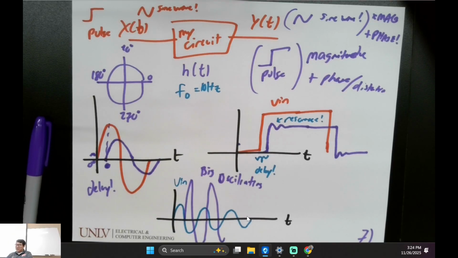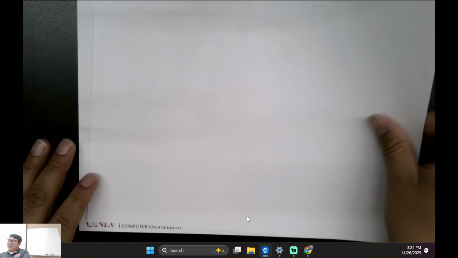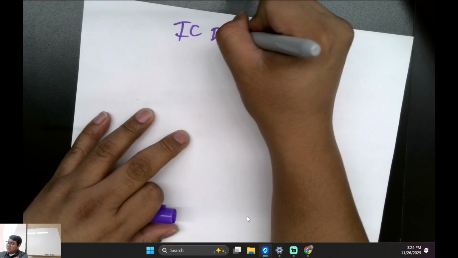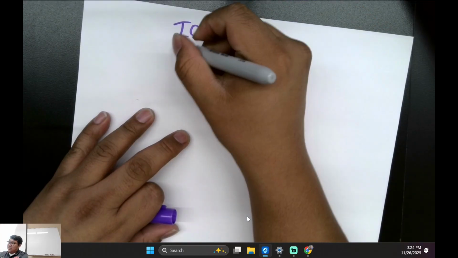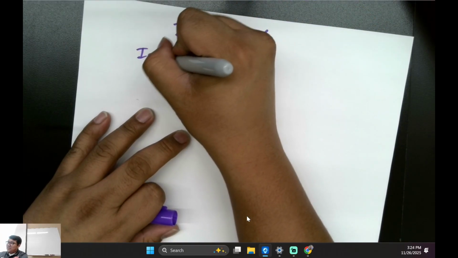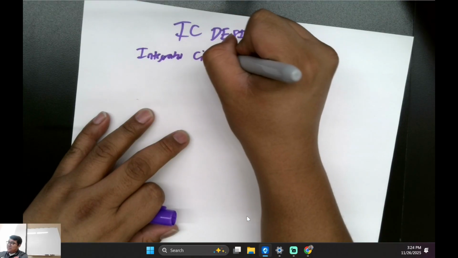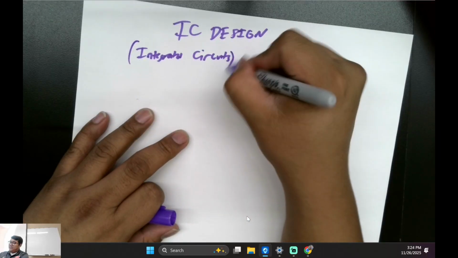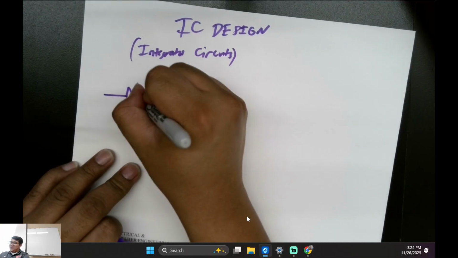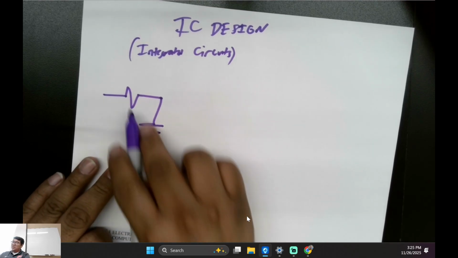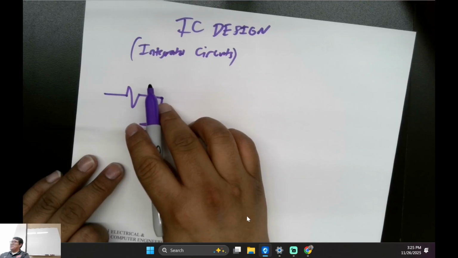So, okay, this is where the final pillar of circuits ends. And that's where, okay, I want to build some really cool circuits and go deep. And this is where I specialize in IC design, which IC just stands for integrated circuits, right? And then you're like, okay, you know these simple circuits, right? Yeah, we can build these in components, right? But what if we want to size this down to